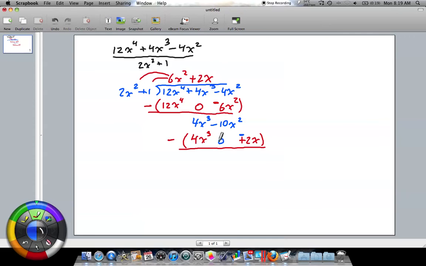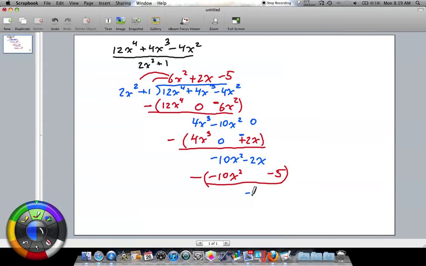If you want, you could put a little 0 here and bring things down. So this becomes negative 10x squared, and that becomes a minus 2x, and if you want, you can think of a 0 above it, so that just leaves a negative 2x. And then you need to start all over again. What times 2x squared is going to give us negative 10x squared? Well, that's a negative 5. So that'll give us the negative 10x squared. And then negative 5 times positive 1 is negative 5. And we take the whole thing and subtract it. So we end up with a remainder of